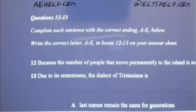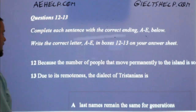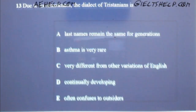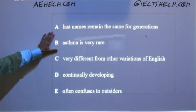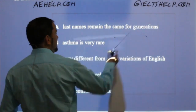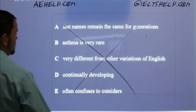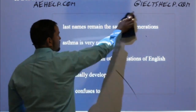Now, questions 12 to 13. Complete each sentence with the correct ending A to E below. We have 2 questions, 12 and 13, and we have 5 choices. So 3 of these choices are wrong or not in the passage. So I don't read the choices, okay? The choices will not be helpful for me in this case because more of them are actually wrong or not in the passage. So I'm not going to pay attention to the choices,